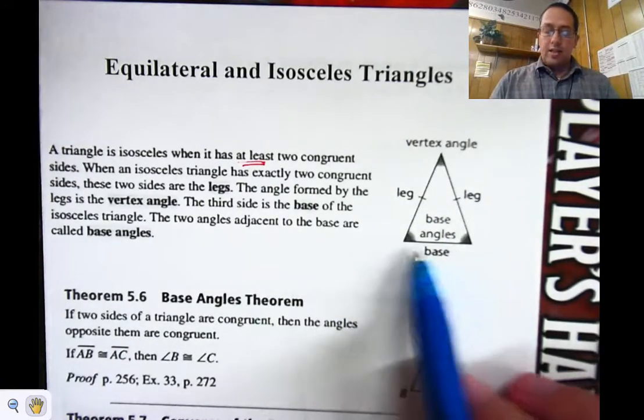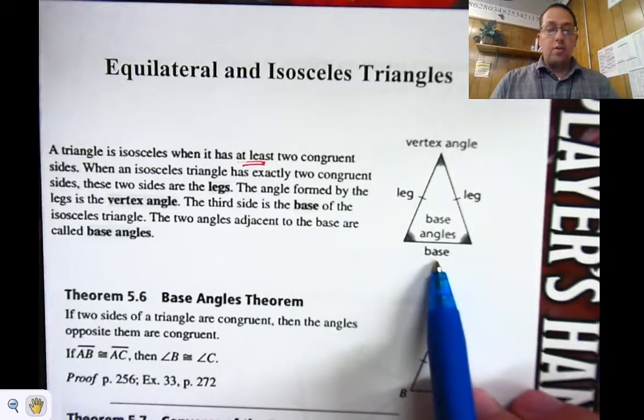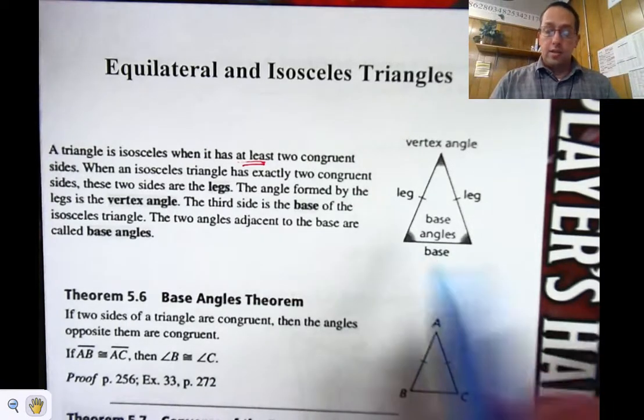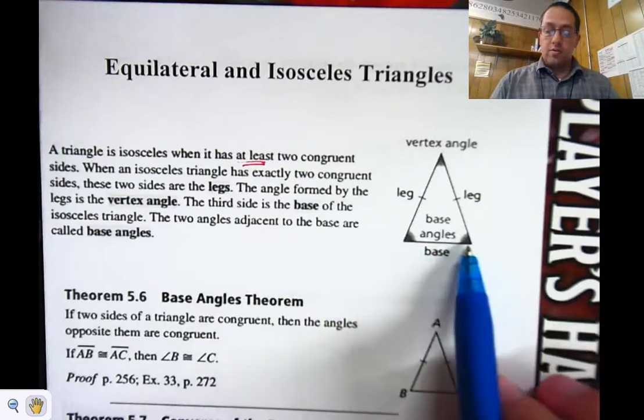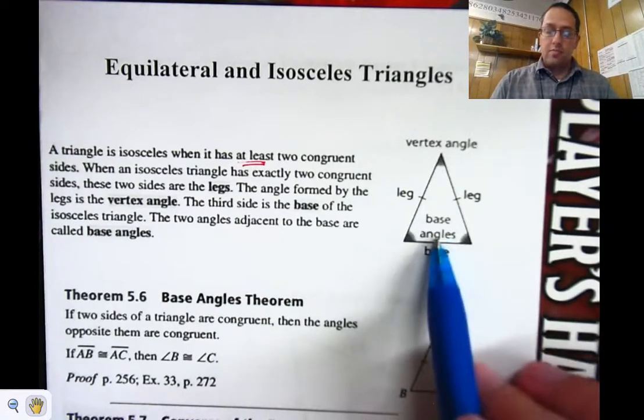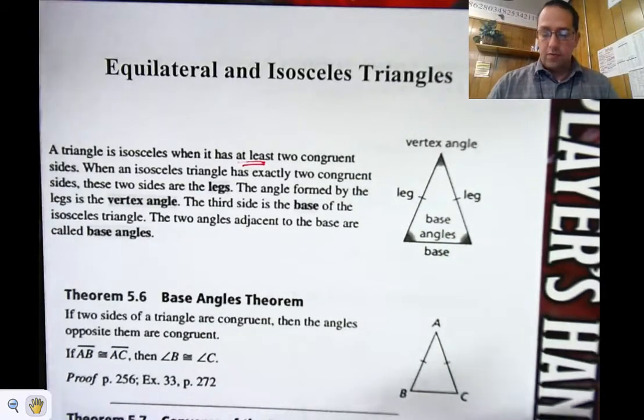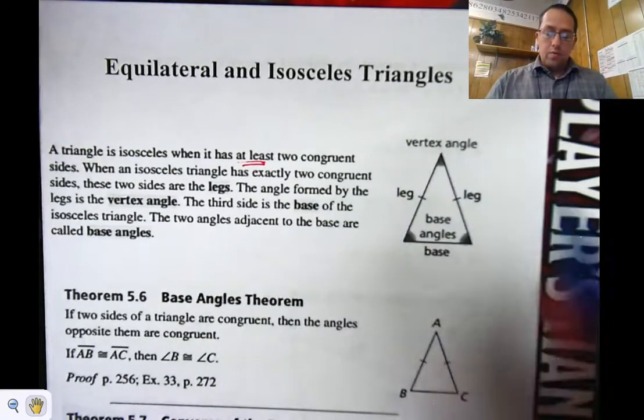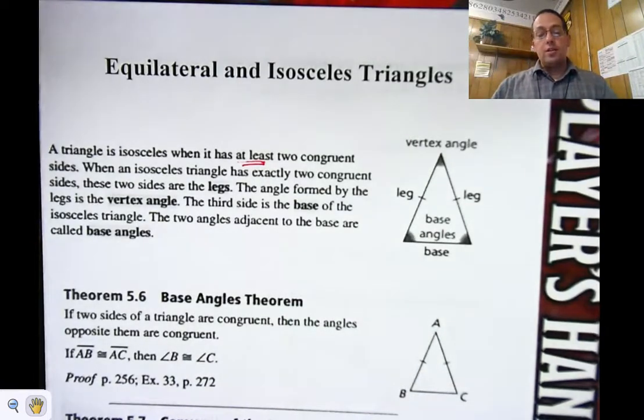The side that is not the legs, that's called the base. And the base has the base angles. Those are the angles that are adjacent to the base. The angles by the base are the base angles. Easy enough to remember. Now, we want to make sure we point all of that out because we have a